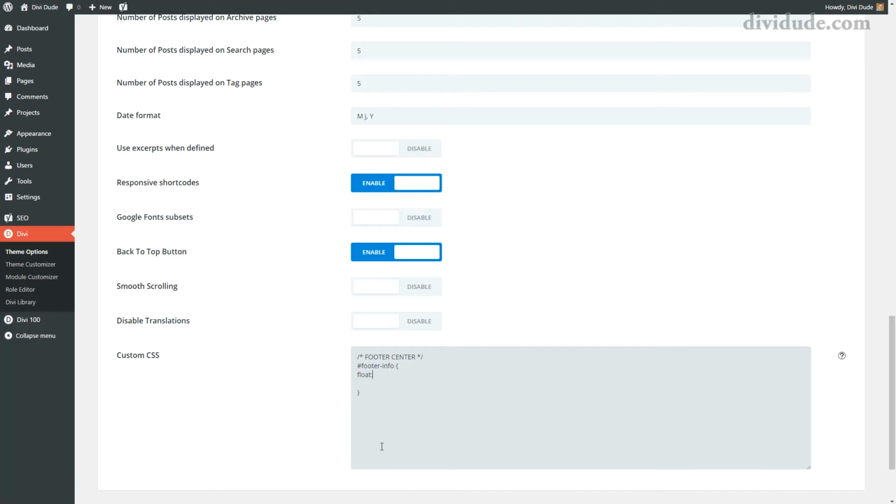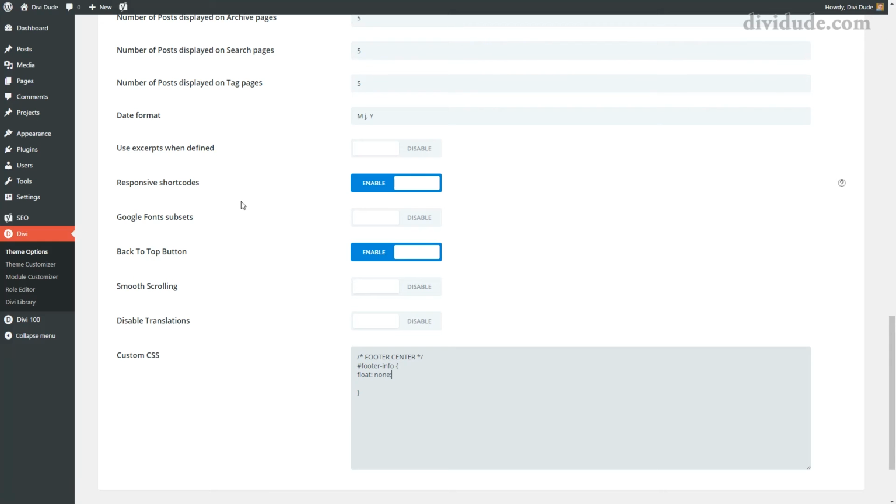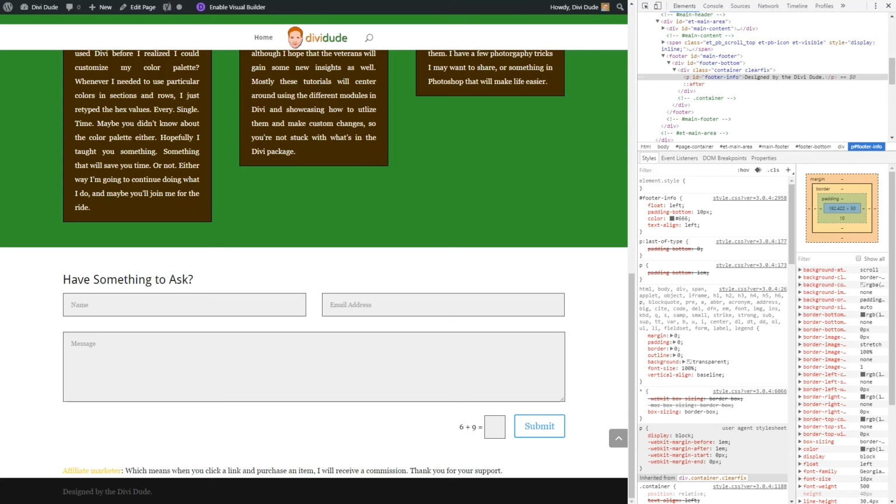Now we want to take off the float, so that we go back again and look under inspect element. We see it floats left, so we want to take that off and it text align left. So those are the two things we want to change. So we're going to take off the float and we're going to make the text align center. And I'm going to go ahead and make the font weight bold. There we go. So we're going to go ahead and do that. So let's go ahead and save it. So now when we come back here,